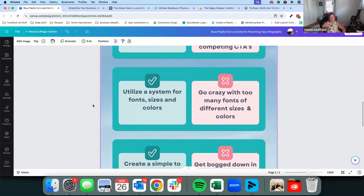Utilize a system for font sizes and colors versus go crazy with too many fonts, different sizes and colors. And I kind of just hinted at that. One of the things that has become really popular, especially in the last, I would say, probably 2 to 4 years, is these beautiful scripts. And don't get me wrong, I love them. I love the beautiful scripts because they're feminine and they're elegant and they're beautiful and all of that. And also, it is difficult to read if you're an impaired vision user. And then also, what does that look like on a mobile device? When you really squish it down, and I can't believe I'm even saying this as a steadfast, smack in the middle Gen Xer, I can read cursive, but if you're serving a Gen Z,